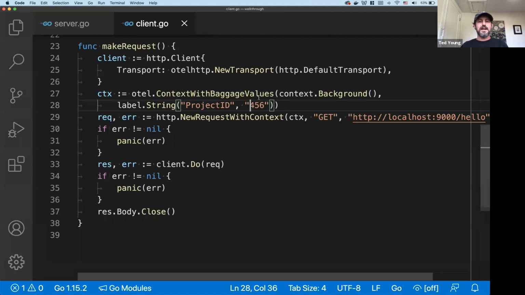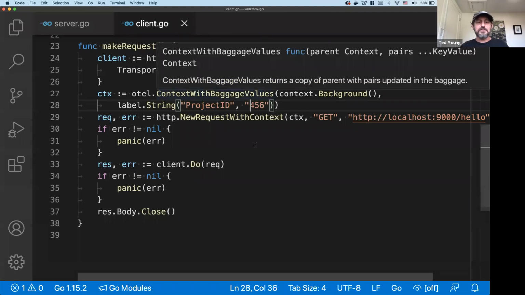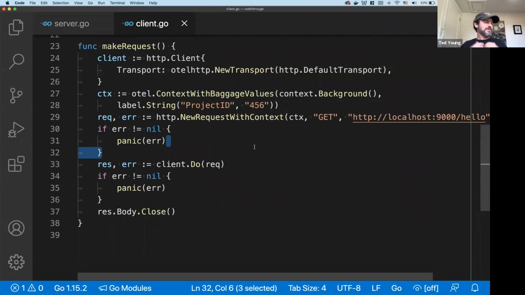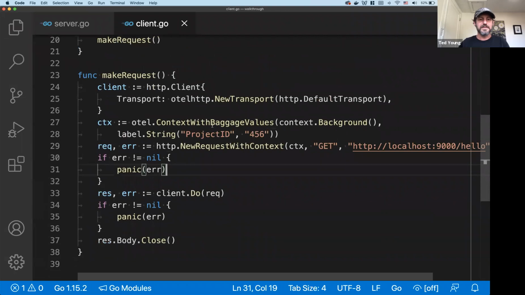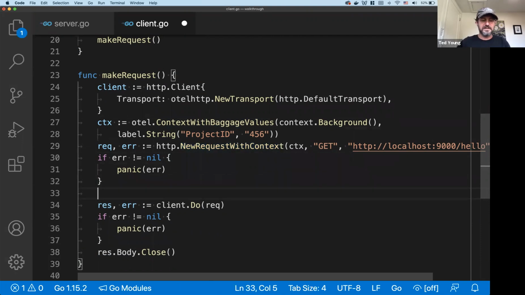So how do we debug things? This is a great example of how do I debug things? Something's not working. I'm curious about whether this context is actually being propagated. So let's have a look at how we could figure this out. If we go into our client, I would love to know that these baggage values are actually getting added to this request. So we could do fmt.Printf